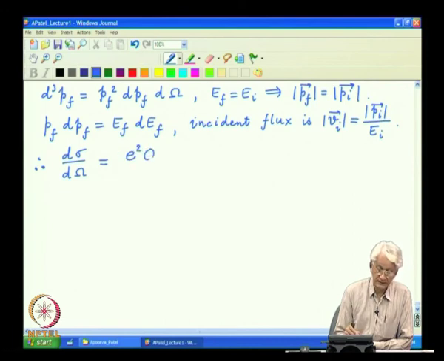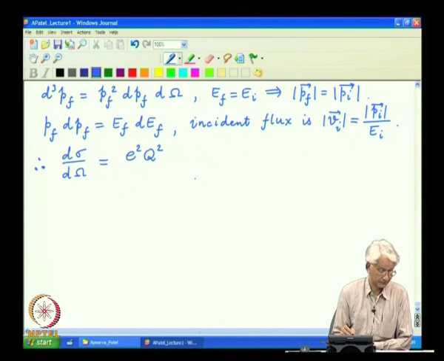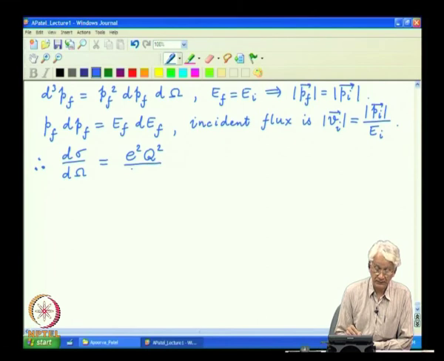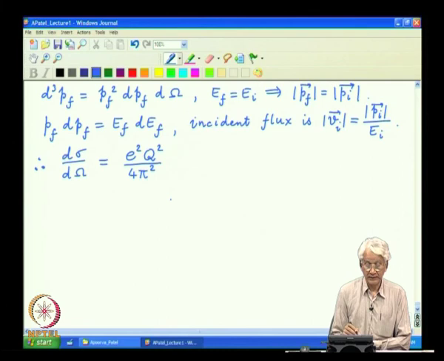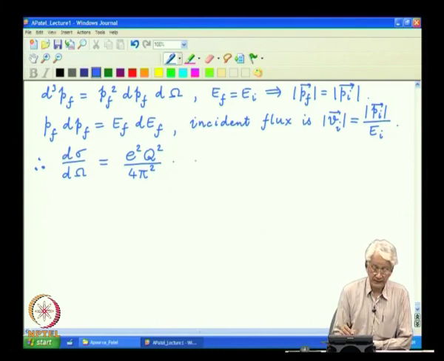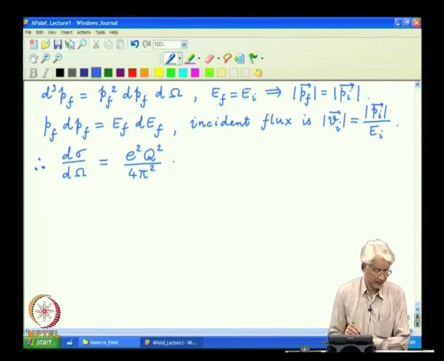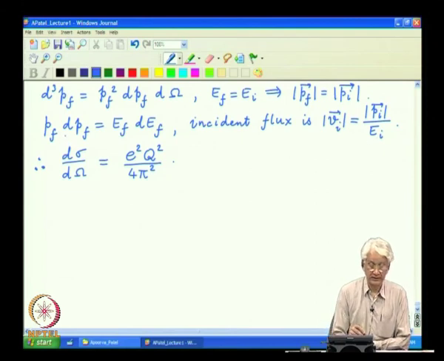there is a factor of E square q square which comes from T f I square. The 4 pi square is all that remains from the 2 pi raised to several powers in the formula. Then all the factors of energy and momenta actually completely cancel out in this analysis because of the conversion factors between d cube p f